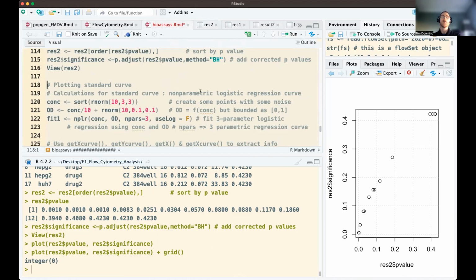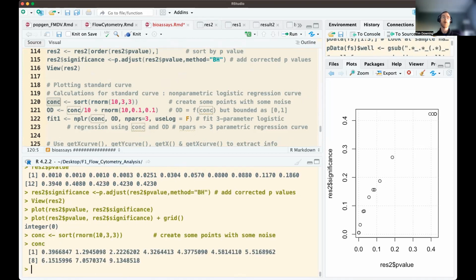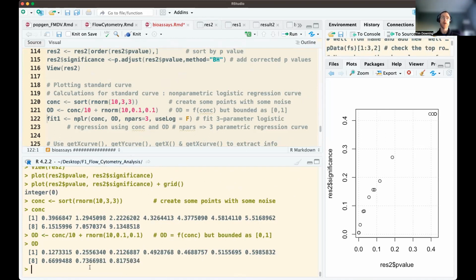This uses the NPLR function, and we're creating some data here in concentration, just some data to work with. You might have your own data, and here we're using a range from about 0 to 10. The optical density is based on that, but it's scaled to be a smaller range of values. If we look at the OD vector, you can see it's going from 0 to 1, really. And then we look at the fit between concentration and the optical density for a 3-parameter model without using a